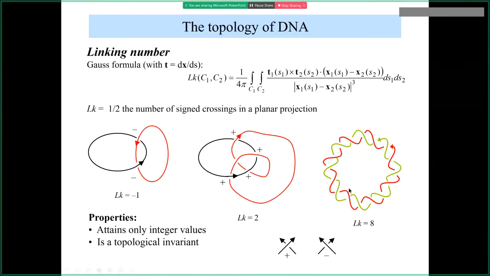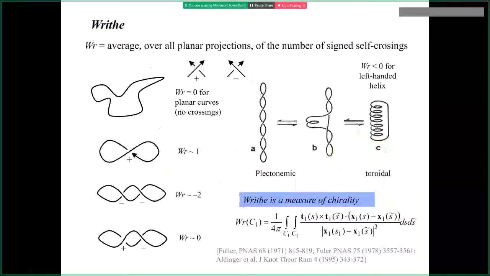Now the linking number, by definition, takes only integer values, and it's a topological invariant. So for any closed molecule, as long as we don't perturb or cut the bonds within any of the strands, this linking number would be preserved under any deformation. Now, there is an important formula, though, which relates this number to two quantities that we can use to describe